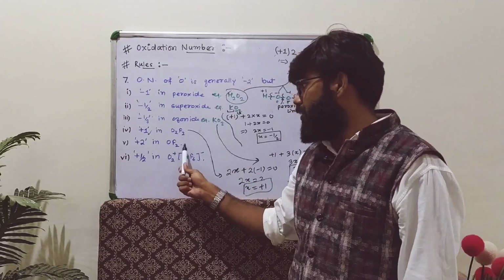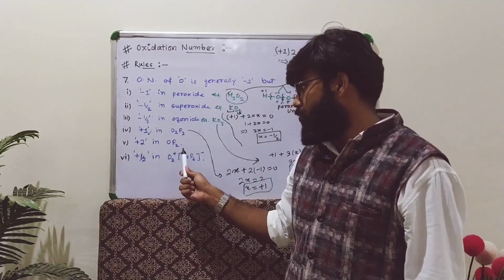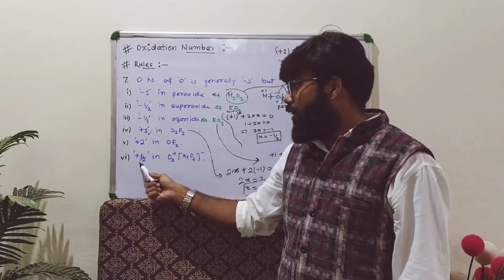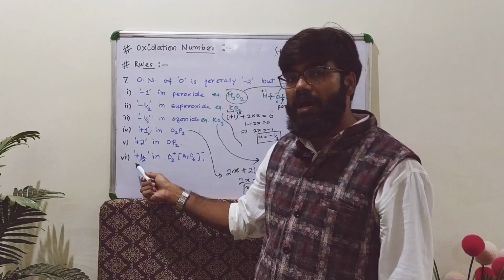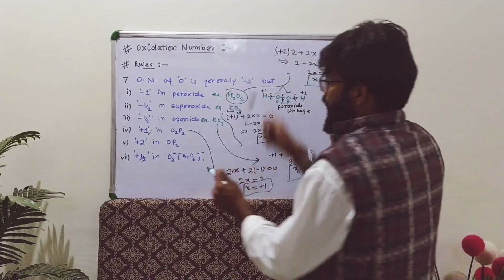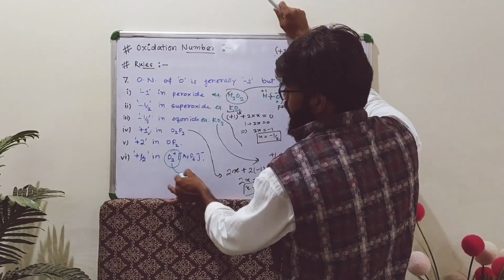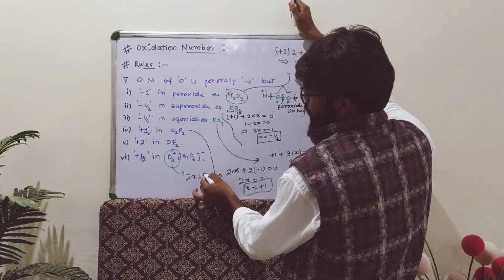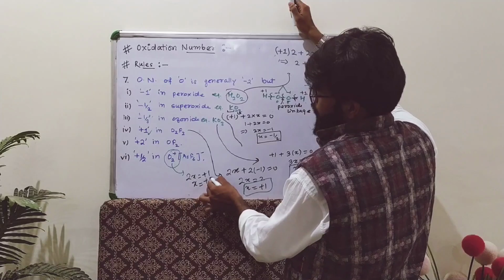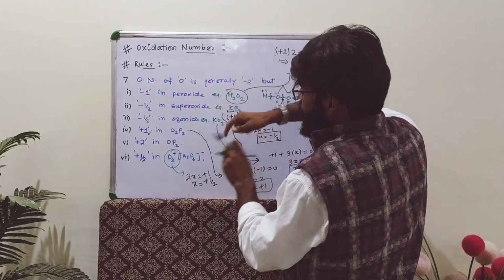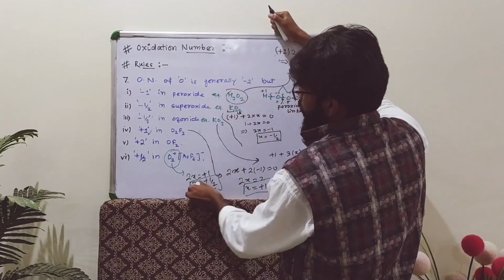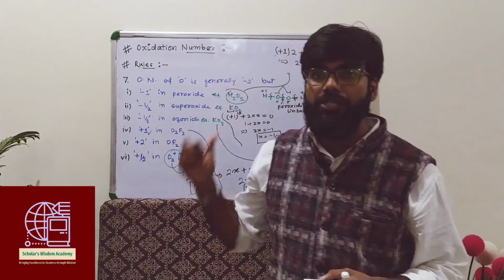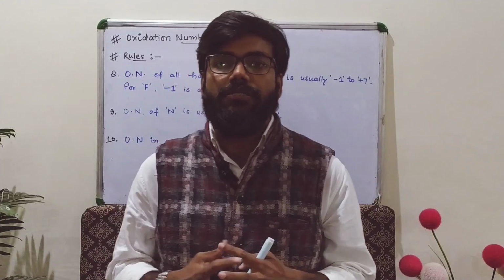Similarly you can do it for this also. I hope you will face no problem. Here it is a complex, where oxygen has a +1/2 oxidation state. Let us do this. Take it as an ion, then what will it be? It will be 2X is equal to +1. So X is equal to +1/2. So this is the oxidation number of oxygen in this complex. I hope you have understood this. We have discussed 7 rules.